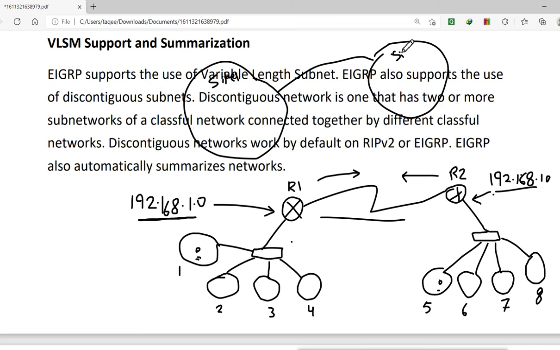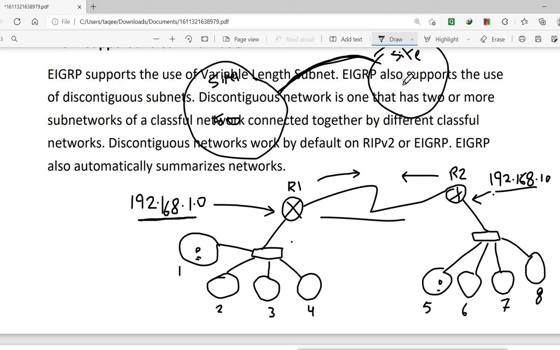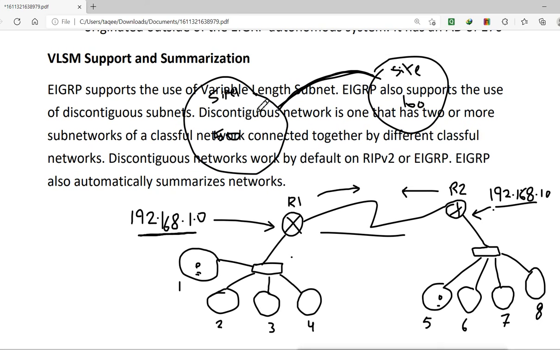So I can reduce the routing table which is sent from site 1 to site 2 and site 2 to site 1. For example, I have 50 networks here and 100 networks in site 2, so the routing table will get very big, and for that I want to reduce the routing table.